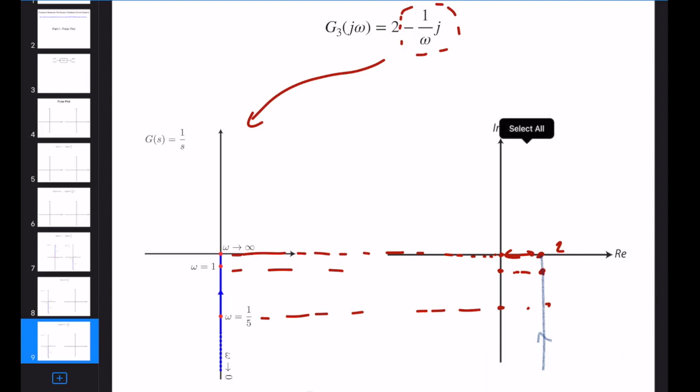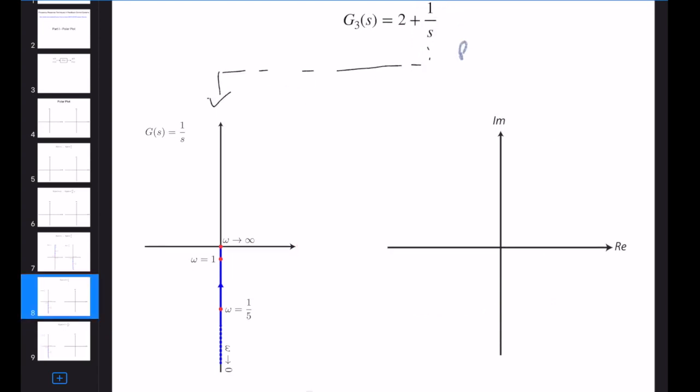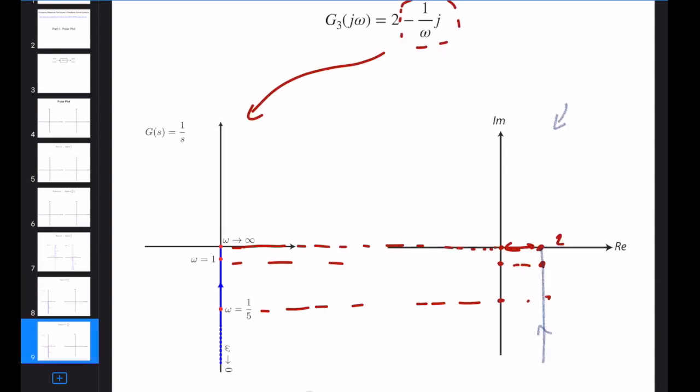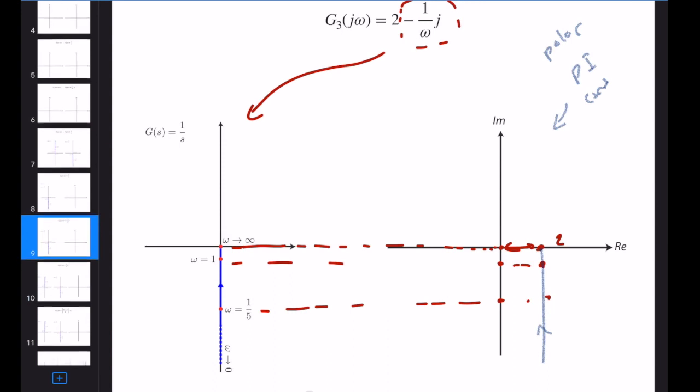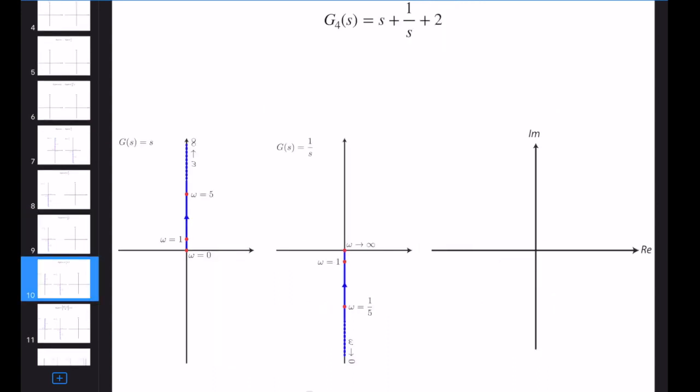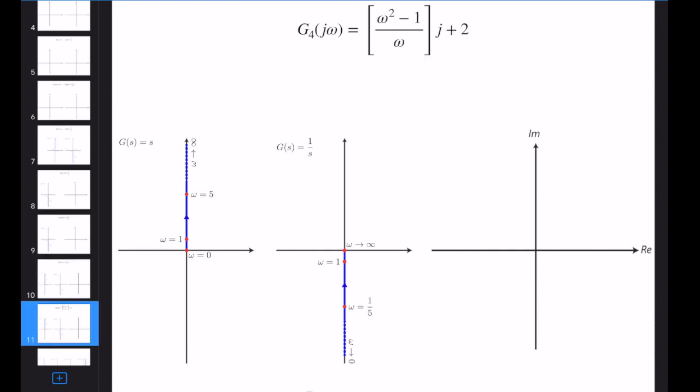For example, in a PD control, the P action is a real number. And technically this is a PI controller. This is a polar plot of a PI controller. So let's change it, and now we have a PID control, right? Because this is the D action, this is the I action, this is the P action, and let's look at the polar plot. So what we need to do is replace s with j omega, and if we do the replacement, we obtain this simple behavior.